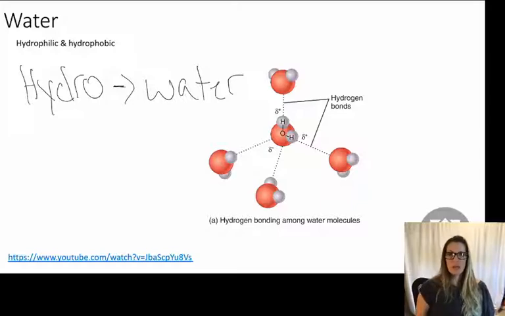So hydrophobic and hydrophilic, the names of these substances, or at least the classifications, are based entirely on how they behave in water. Another area,